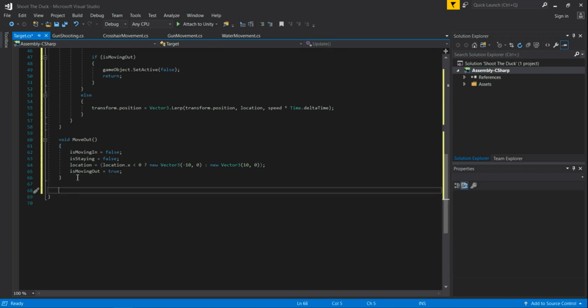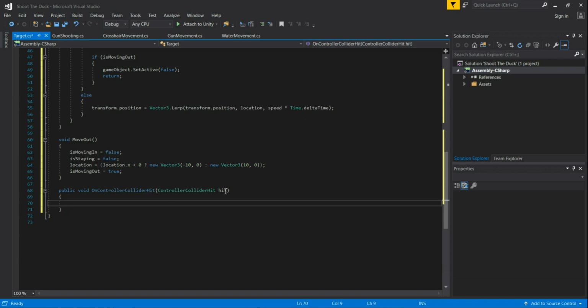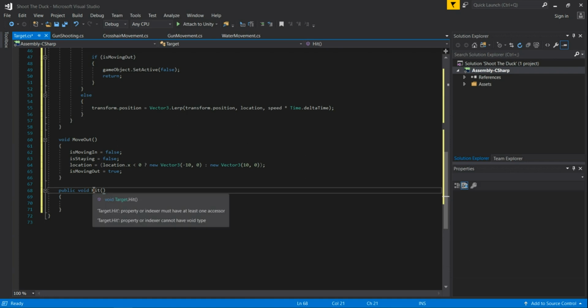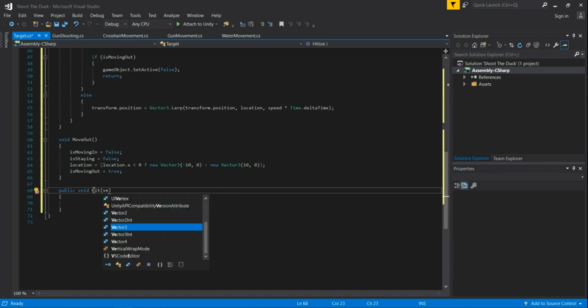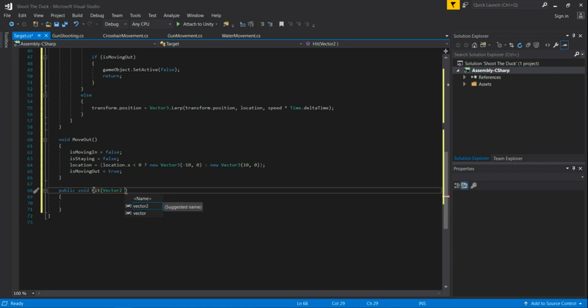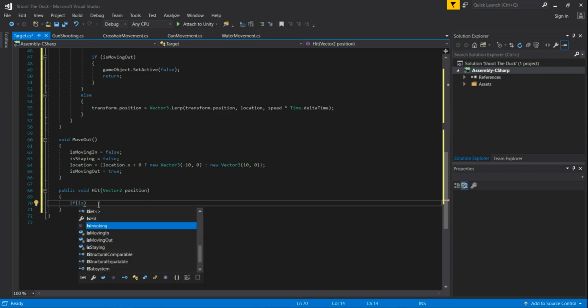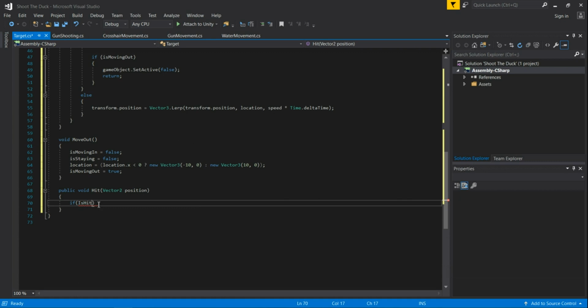Then we need to create a last function in this script that is going to be public and then void and then Hit. So we are simply going to call our method Hit, and of course I made a mistake here, there needs to be just a Hit. And in this Hit method we are going to take our Vector2, excuse me, as an argument. So this is going to be position, Vector2 position, the argument of our Hit method, and here in this method we are going to open an if statement and check if we hit. So if we hit, this is our variable from our variables,